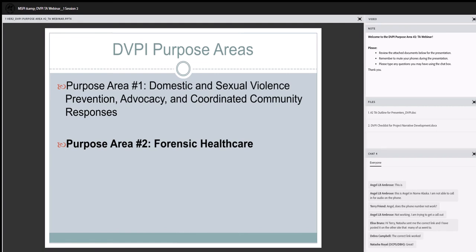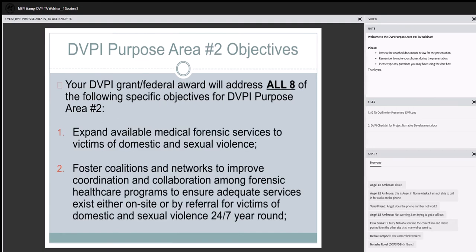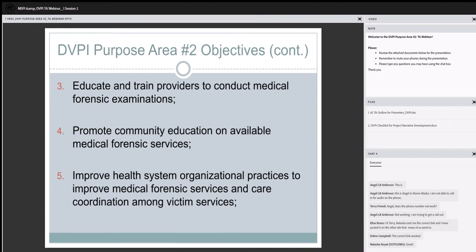For DVPI Purpose Area 2, you'll be focusing on forensic health care, as you know, and your objectives are expand available medical forensic services to victims of domestic and sexual violence, foster coalitions and networks to improve coordination and collaboration among forensic health care programs to ensure adequate services exist either on-site or by referral for victims of domestic and sexual violence 24/7 year-round, educate and train providers to conduct medical forensic exams, promote community education on available